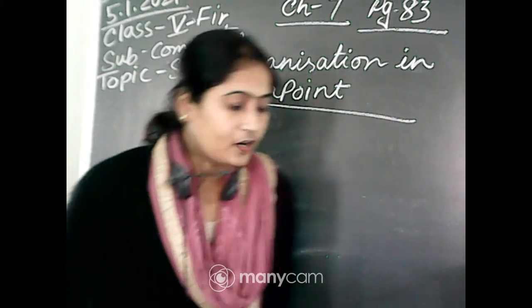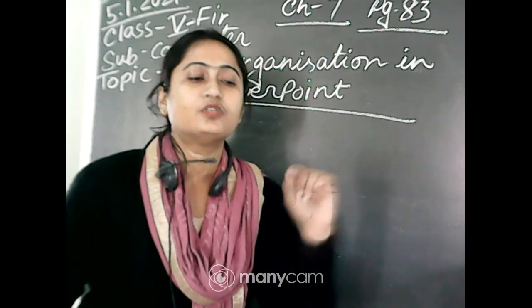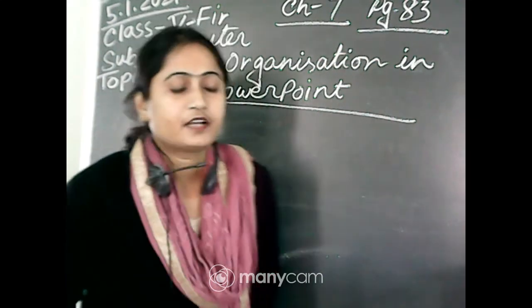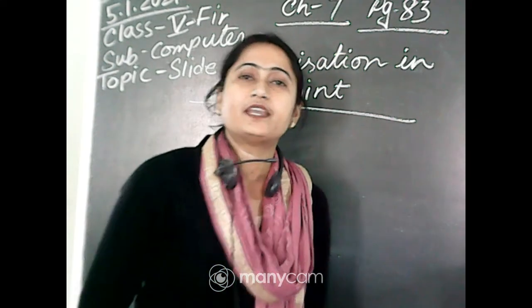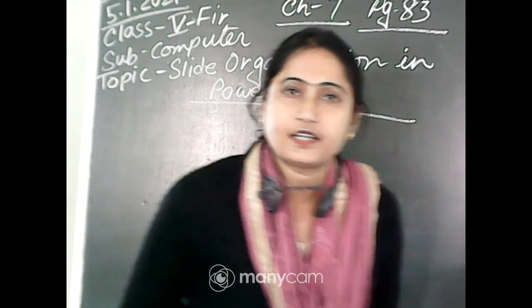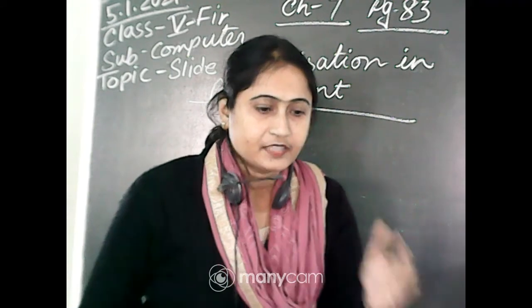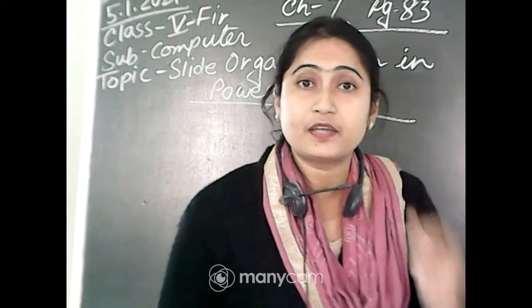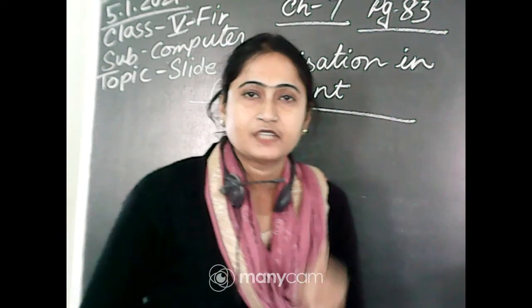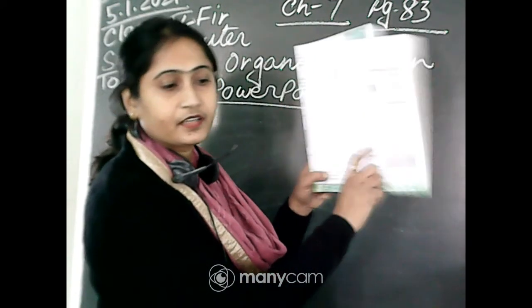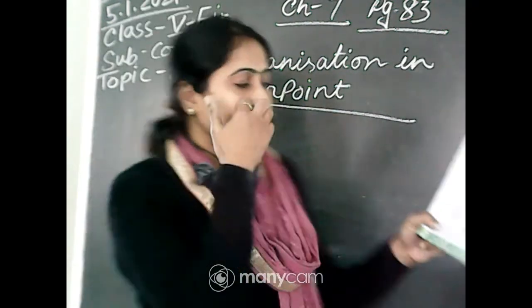Okay. Now you have to click on the view tab. Page number 83. Under the view tab there is a slide sorter view button. In the previous class I discussed that in the view tab there is a normal view button. Here you have to click on the slide sorter view button. You can see this option, you just click.